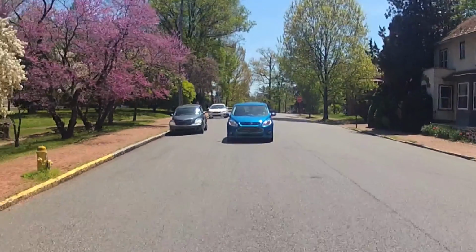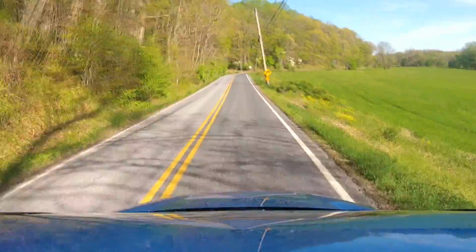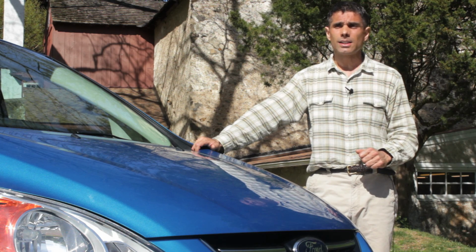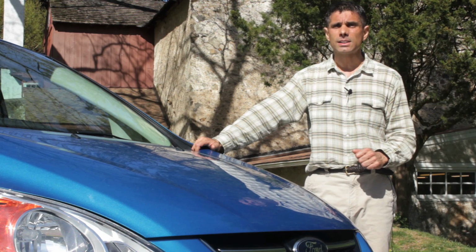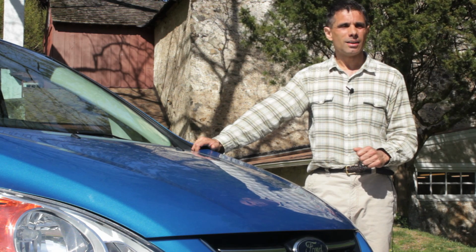Unknown is the long-term durability record with this vehicle, as it's only been out for half a year, and Toyota has them on that with the track record. But I would say that this vehicle is a qualified buy. It's a qualified yes, and you'll have to weigh what is important to you and read our review,